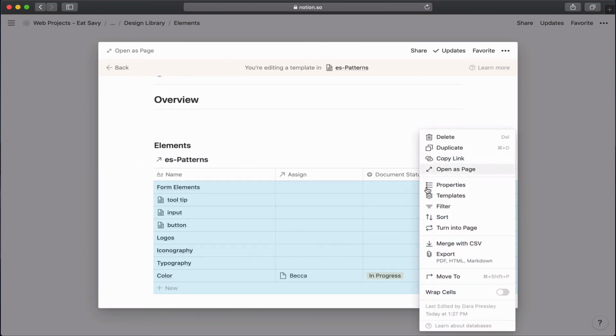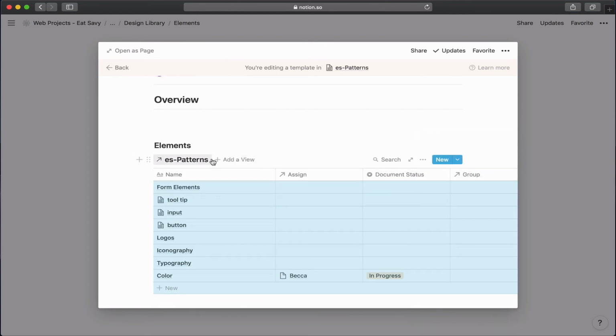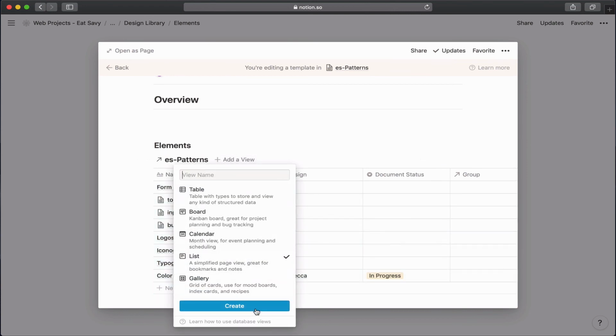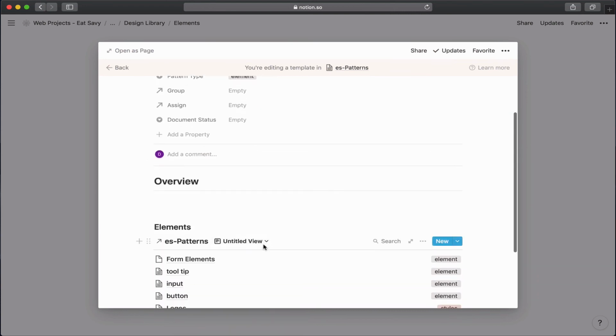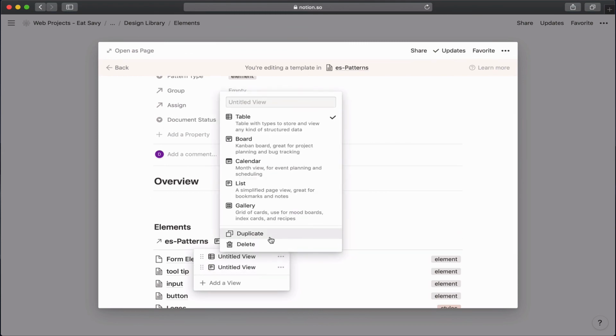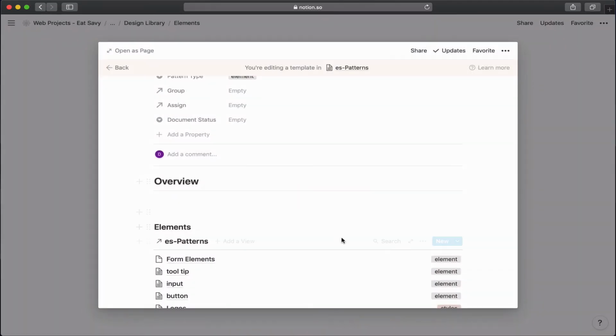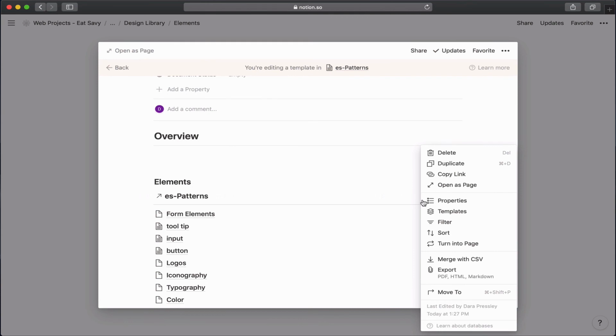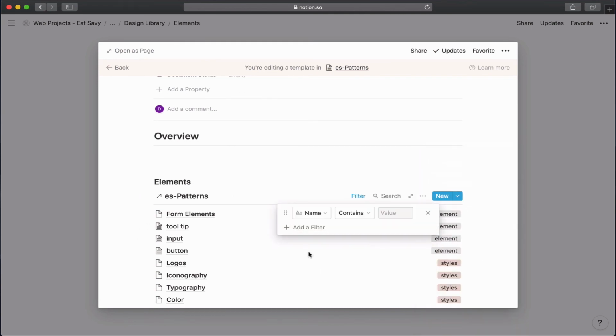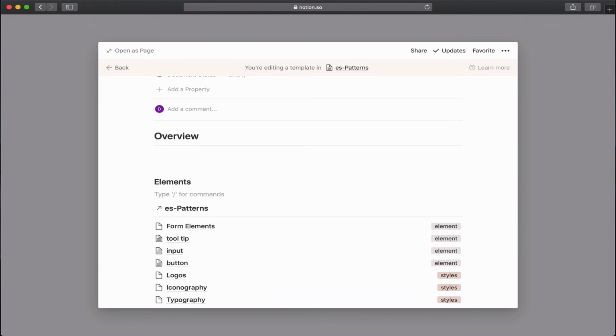And for the filter, oops, I still want it to be a list. And I'm going to remind people to filter